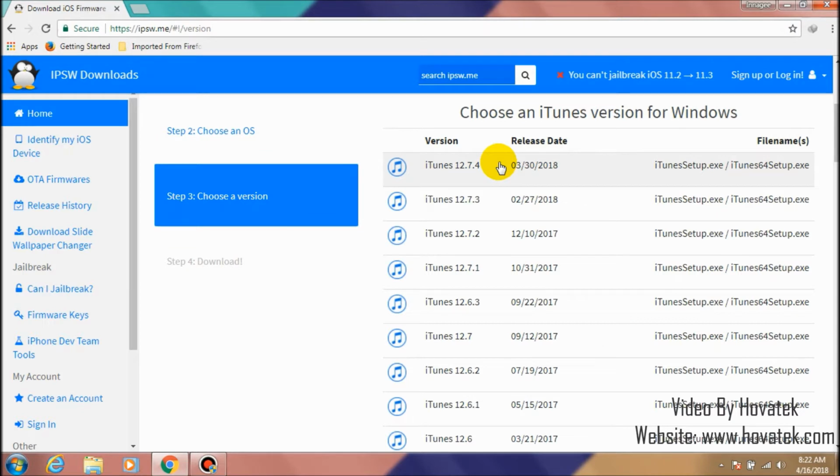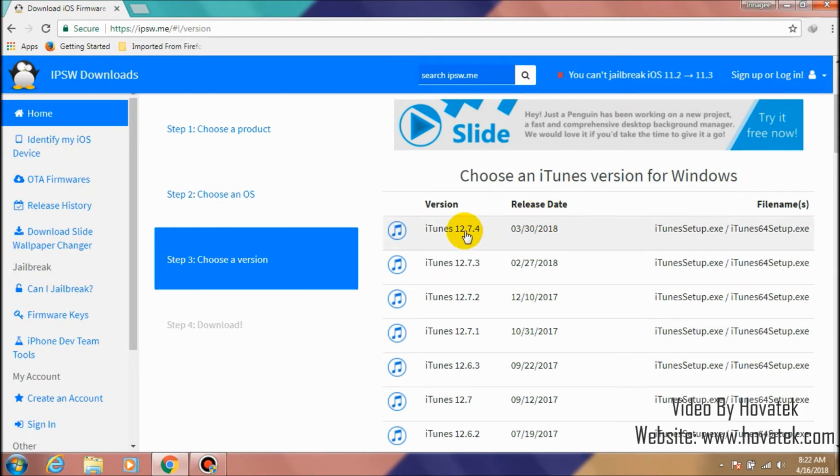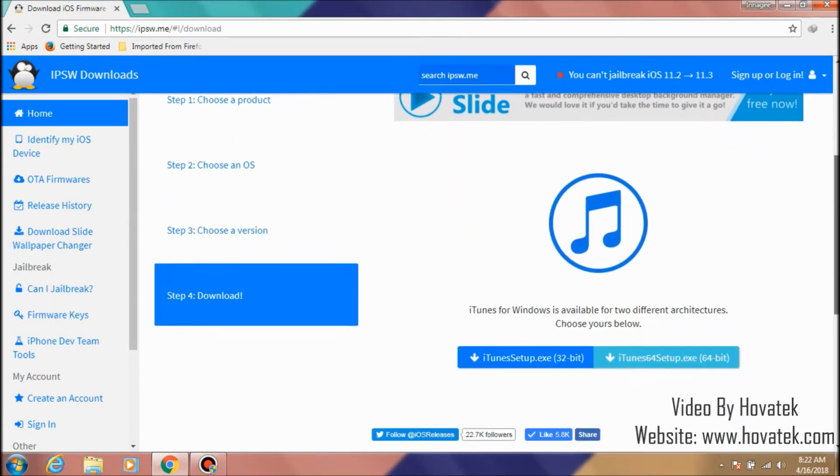The latest version for iTunes is 12.7.4. If you don't need the latest version, there are a lot of versions. You can scroll down and choose the one you want to use. I'm using the latest version. I'm downloading the latest one. I'll click on it. The next step is you are going to select your PC system type, whether it is